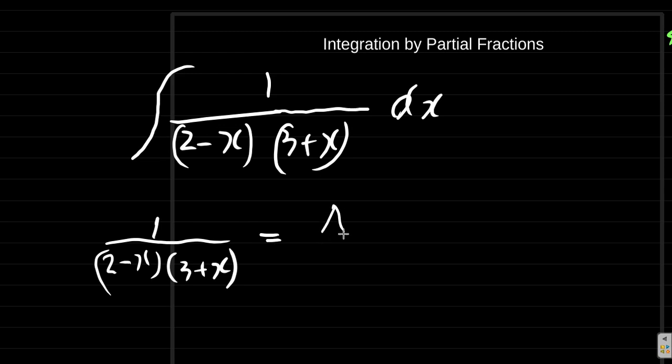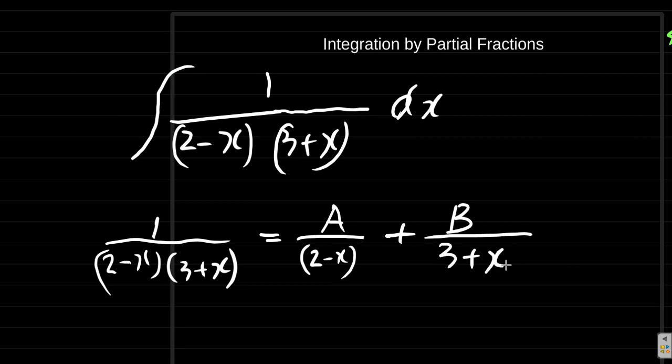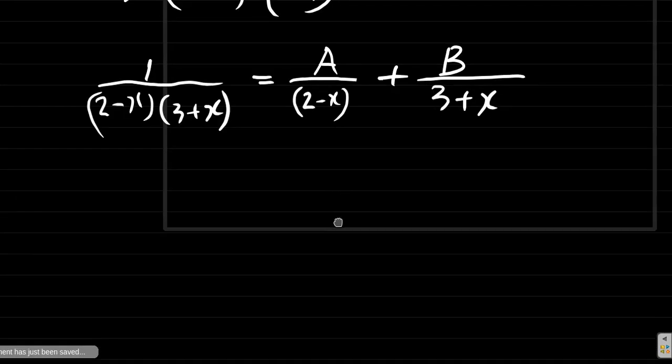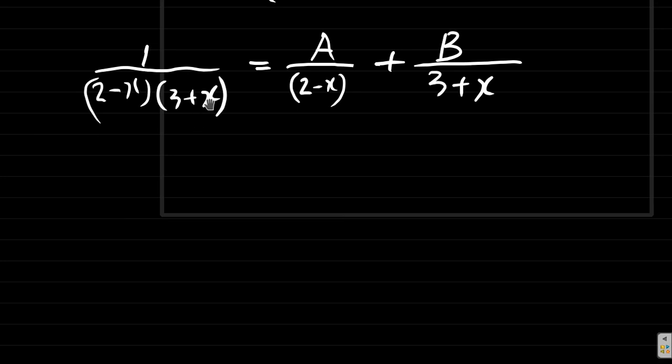This will have the form a number over 2 minus x plus another number over 3 plus x, right? Now, what you have here,